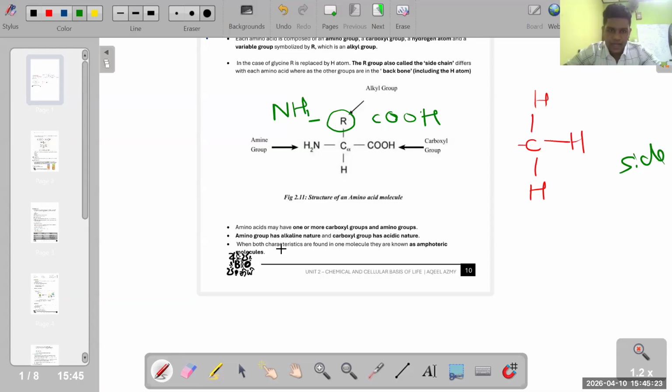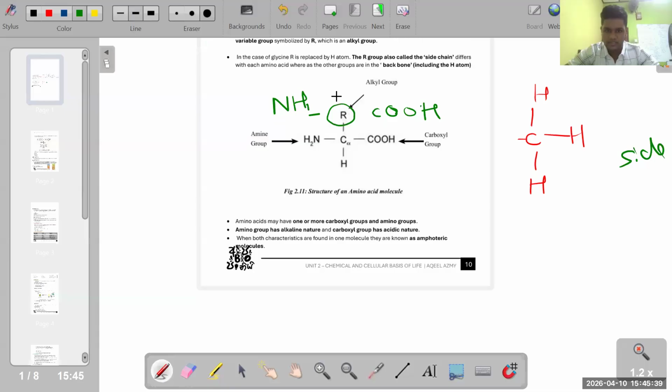So the amino group in these amino acids. Now simply, this is simple. Don't make it complex, right? I'll explain it step by step. No hurry. Within today's session, you will be completely thorough with proteins, right? Don't worry. As you are coming across these words for the first time, don't panic. Let's do it calmly, in a composed manner, right?